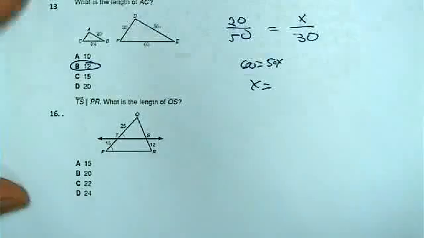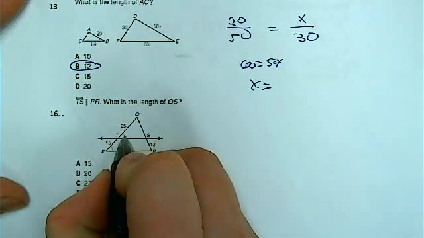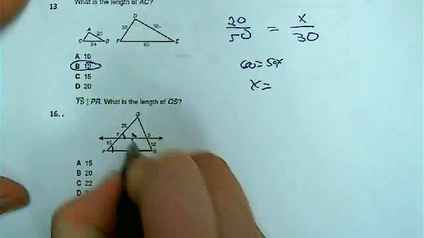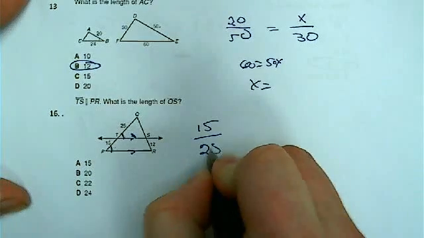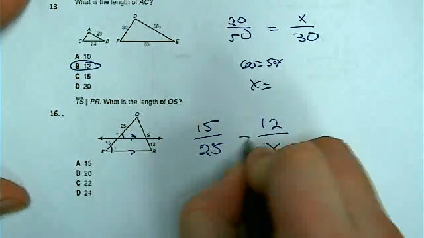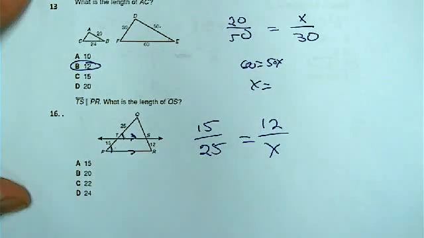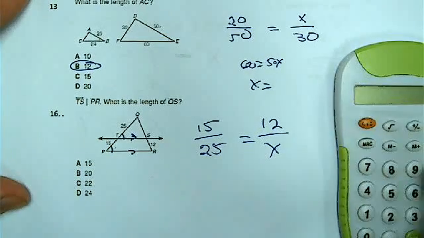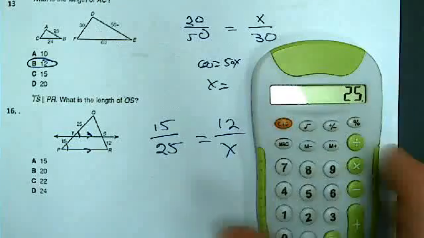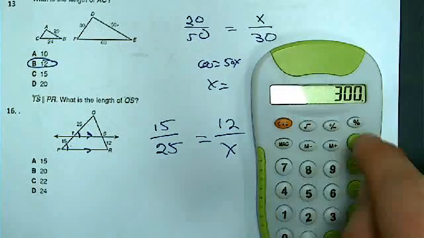Last but not least, how long is QS? Because these angles are the same, these lines must be parallel, and therefore 15 is to 25 as 12 is to x. Cross multiply and divide. So that's going to give me 25 times 12 divided by 15,